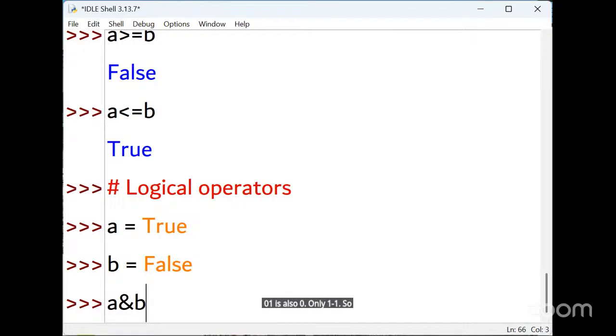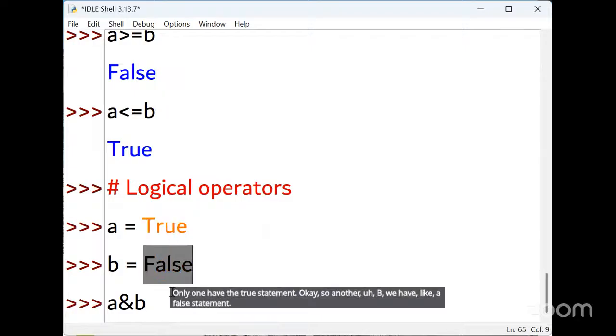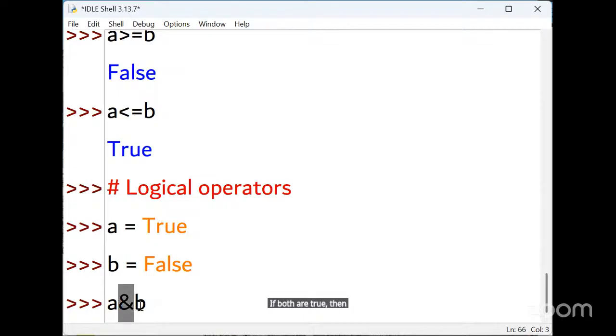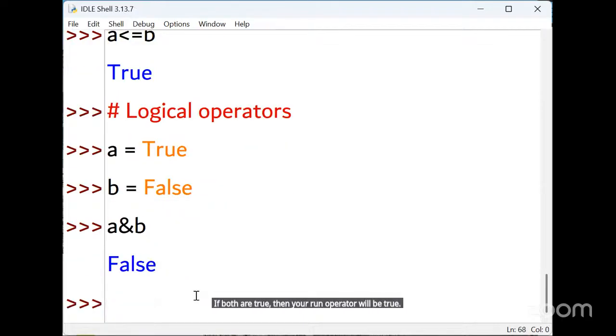So when both conditions are true, then only the AND condition is true. Here, we have 2 inputs, only one has the true statement. For B, we have a false statement. If both are true, then your AND operator will be true. Let me check here. Now the output is correct because if both are true, then the AND will be true.